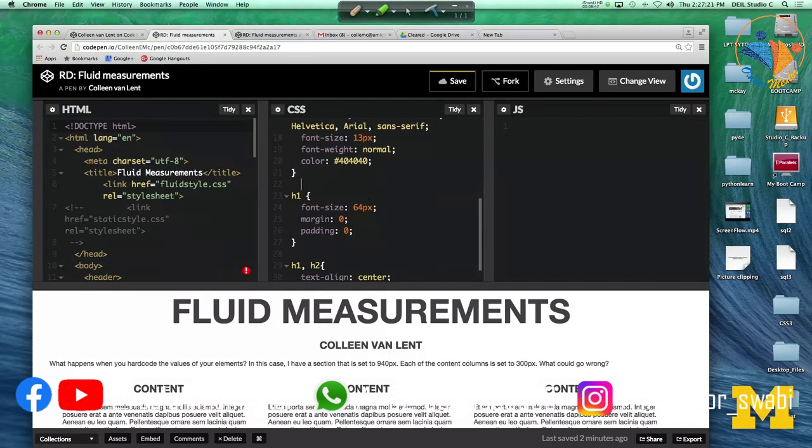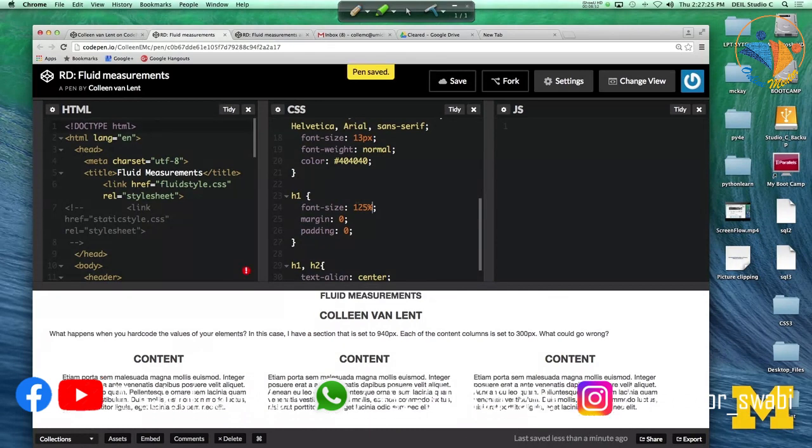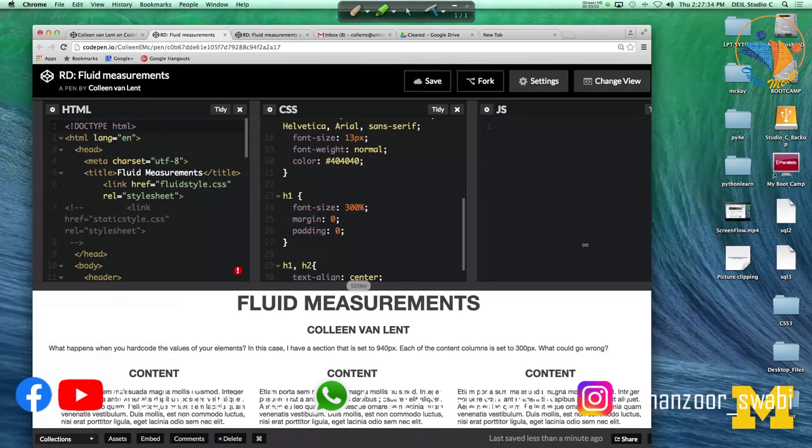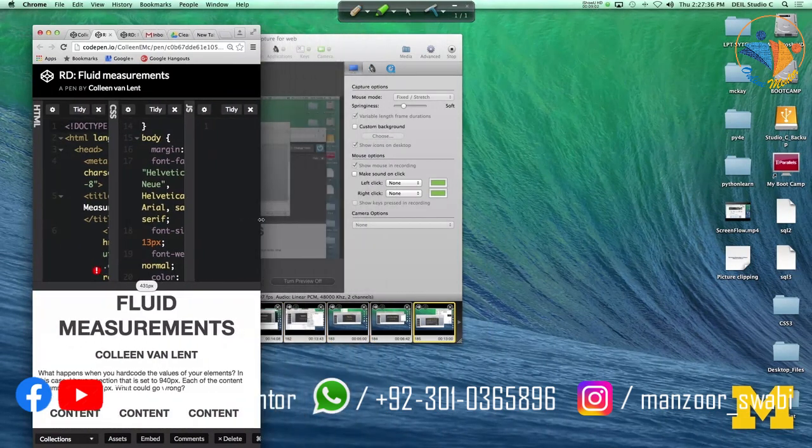Or sorry, actually the percent instead. We'll go ahead and make this 125%. That's not big enough. I'll make it 300%. That'll be big. Okay. I'm going to save this. I'm going to resize. And when you go in, it no longer will be quite as dramatic over the entire